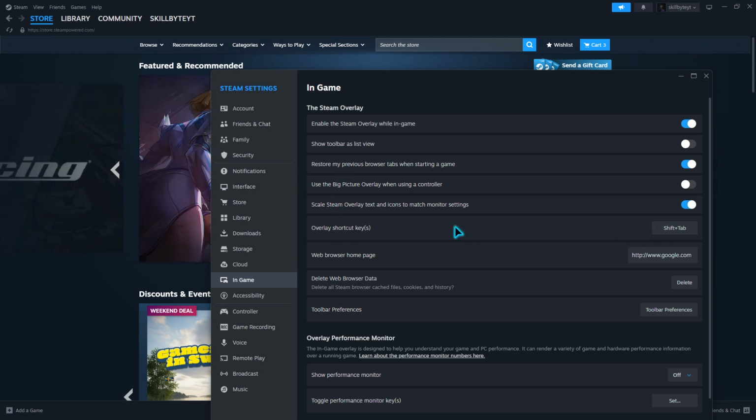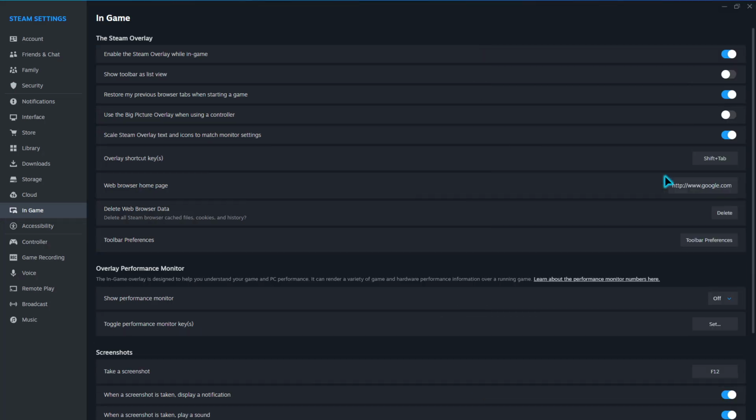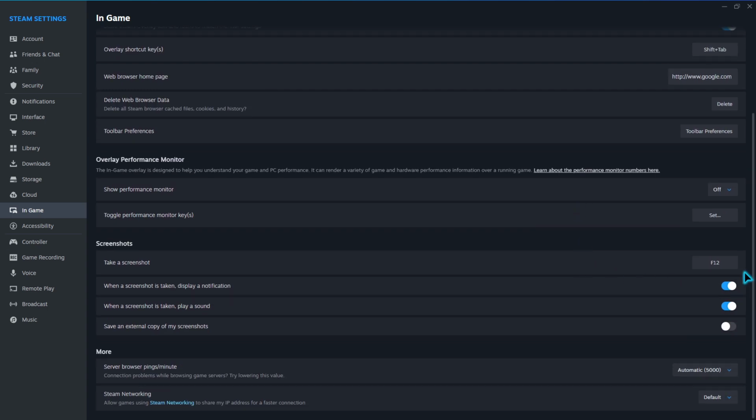By default, Shift and Tab opens the Steam overlay while you're in a game, unless you've changed it. F12 takes a screenshot, which is great for saving gameplay moments. And on Steam Deck, pressing Control, Shift, and Tab opens the quick access menu. Once you get familiar with these controls and shortcuts, using